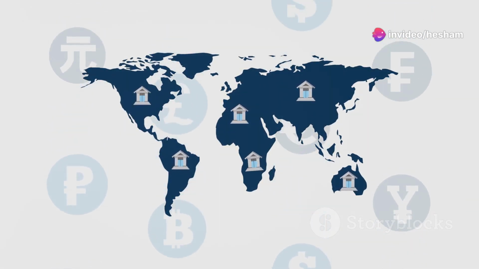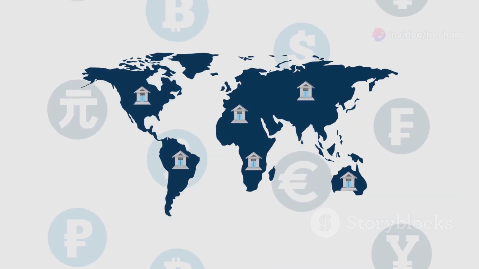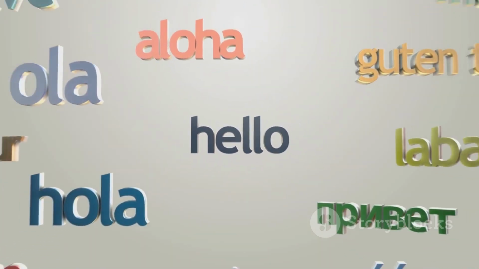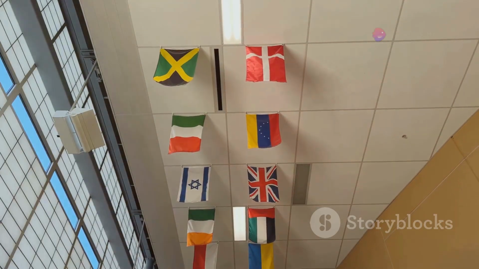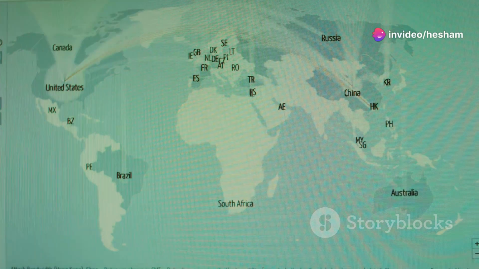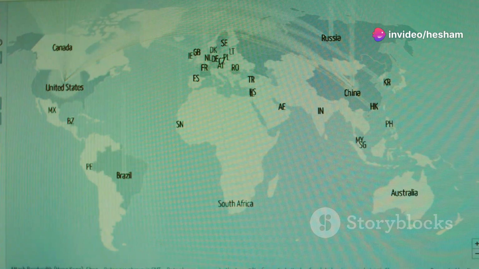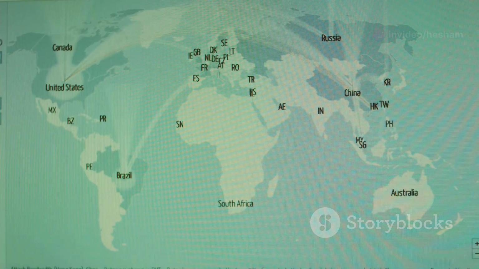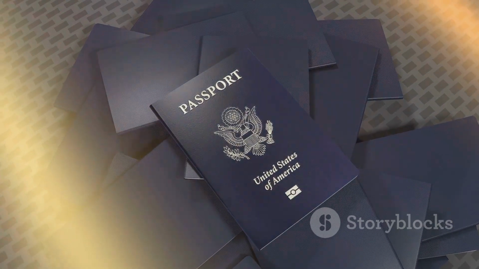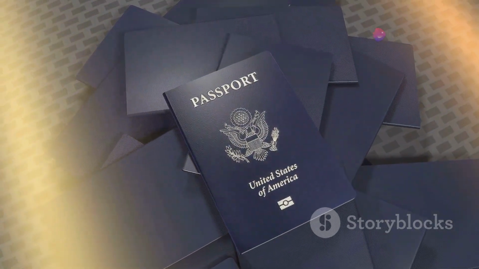Take Korea, for example. Or is it Korea? Or maybe Hanguk? Depending on who you ask and what language you speak, the answer could be all of the above. And that's just one country. Now imagine trying to navigate a world where every country has multiple names, each with its own unique spelling and pronunciation. It's enough to make even the most seasoned diplomat reach for a phrasebook, and maybe even a stiff drink.